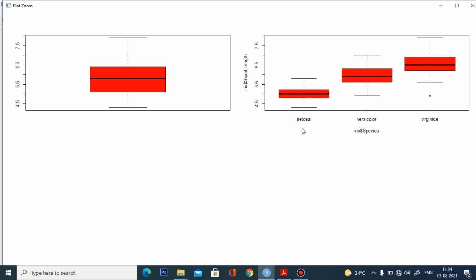If the data is mostly between 4.5 and 5.5, something like that, then it should be a Setosa. If the sepal length is between 5.5 and 6.5, then it should be a versicolor. If the data is spread between 6.5 and 7, something like that, then the probability is higher that it is virginica. So this is how the data is spread across the different categories.